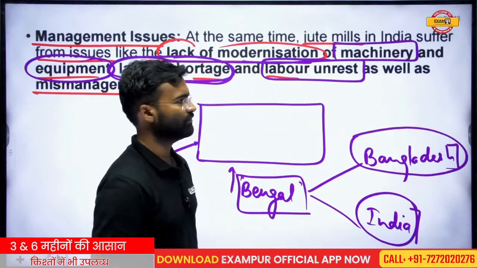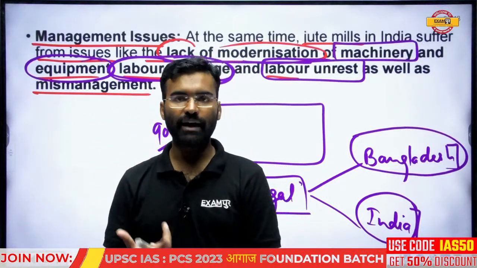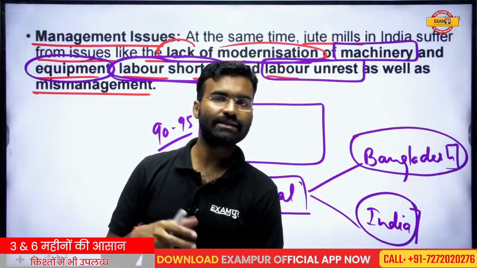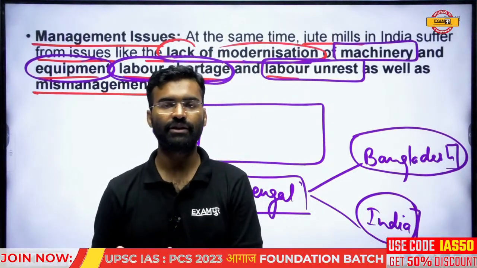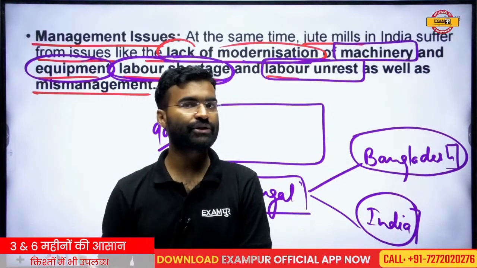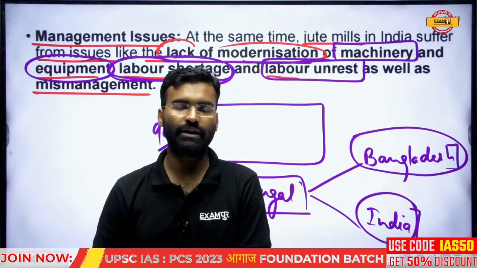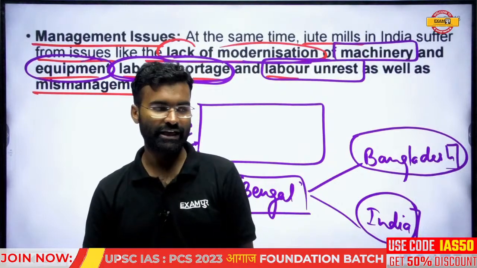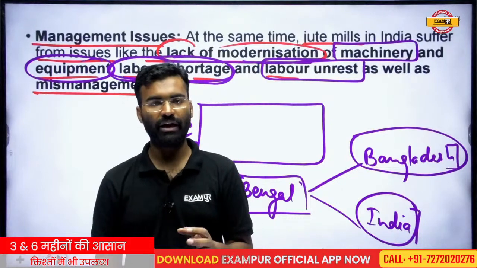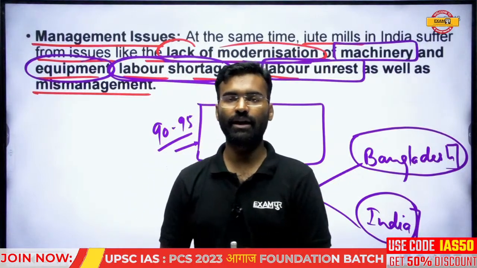There is a problem in the labor group, because many times the basic needs of the laborers are not considered by the mill industry owners or the industry associations, and that is why the labor associations came into the picture. And you know that Bengal is the region of origin of many revolutions, or you can say freedom fighting. So the Bengal region is very conscious about their rights and the labors.